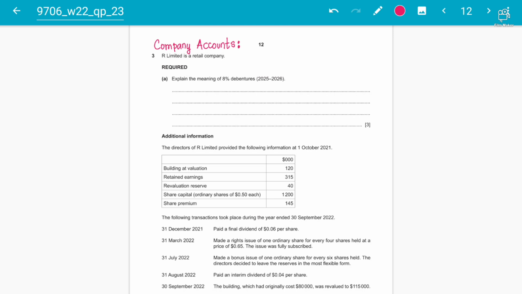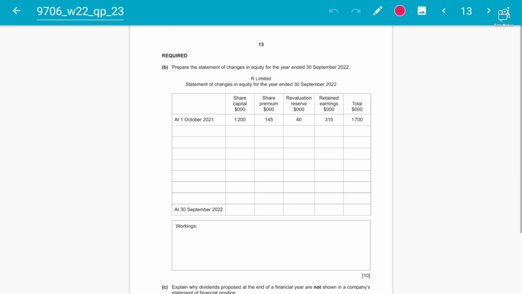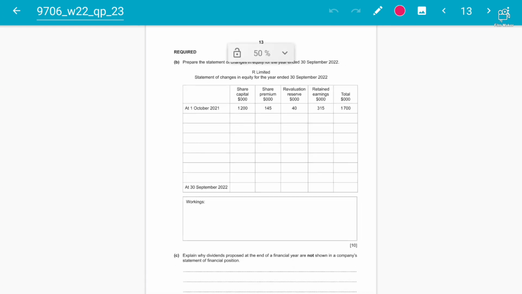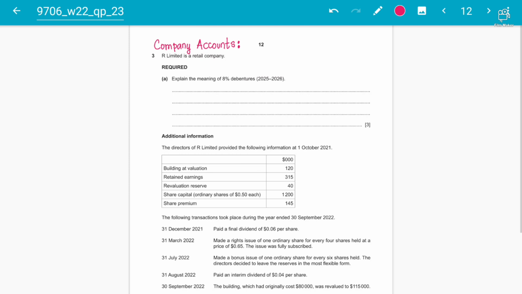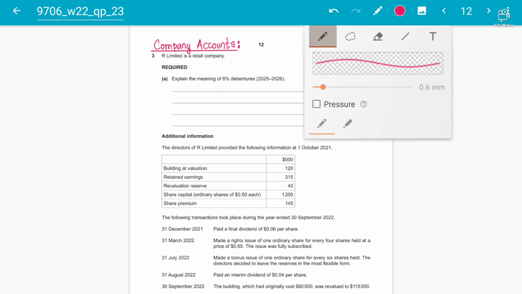A lot of students struggle in this chapter and with how to make the statement of changes in equity. So it's a perfect question of 15 marks and it's not a huge question as well. We'll solve it in complete detail with all the relevant information that students need to understand related to company accounts, okay? So let's get started.